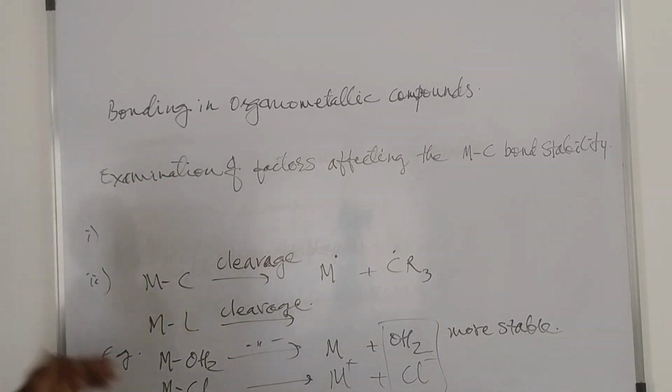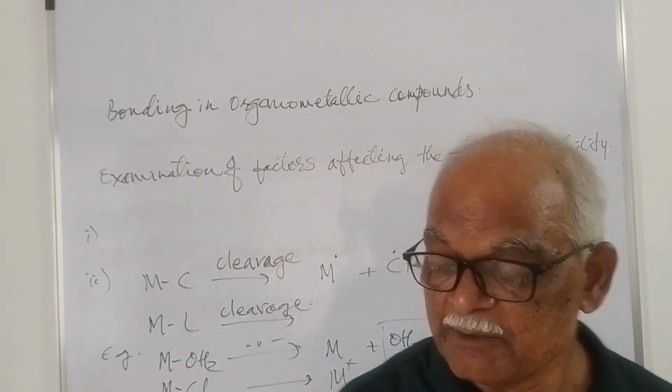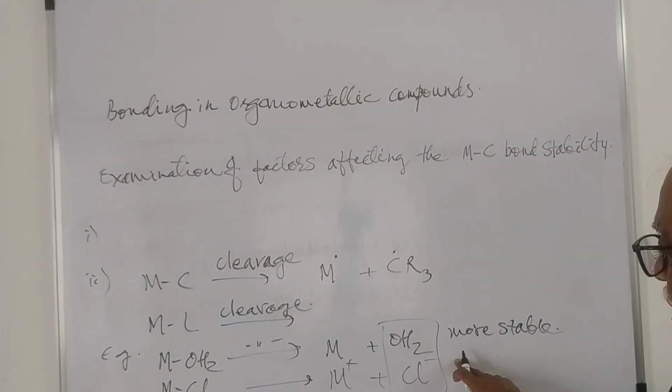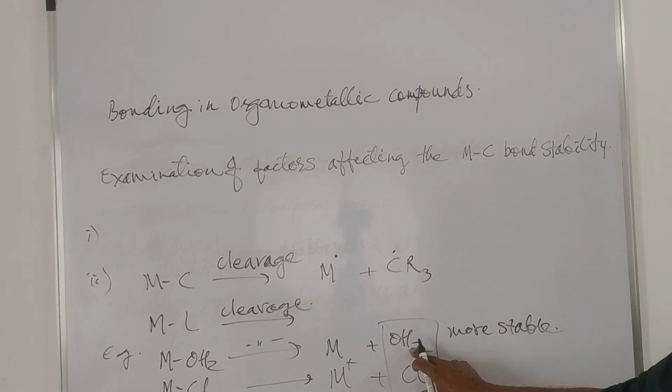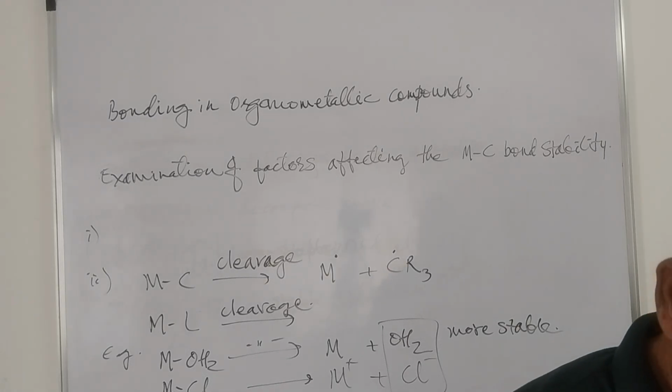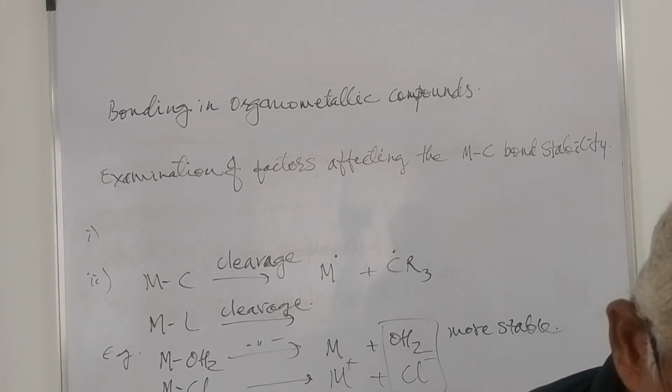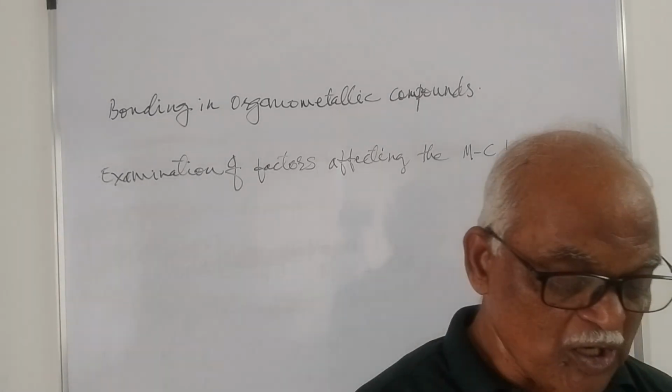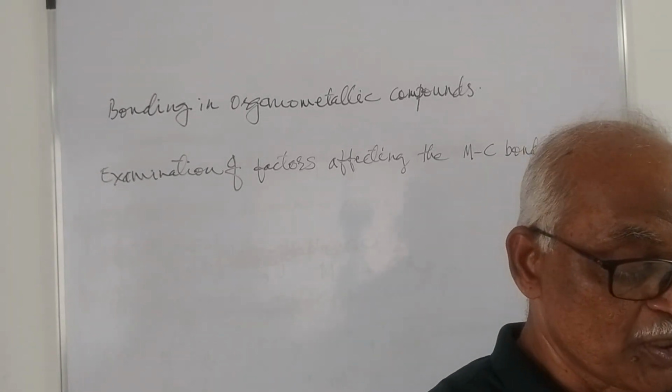And that is why the cleavage is more favorable. This cleavage is more favorable. This forward reaction is more favorable because the products of cleavage are more stable. Then the third case of this stability is that the bonds formed in this cleavage of